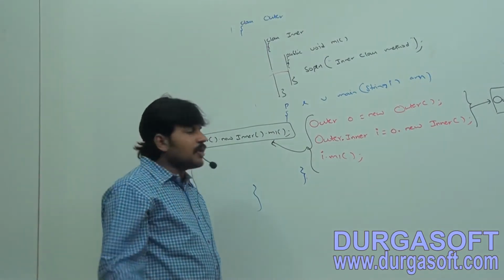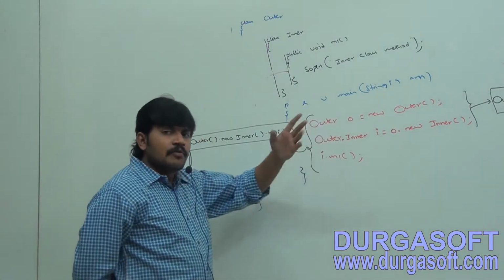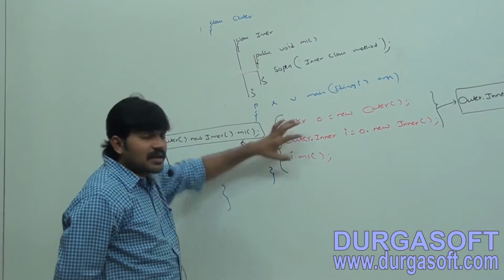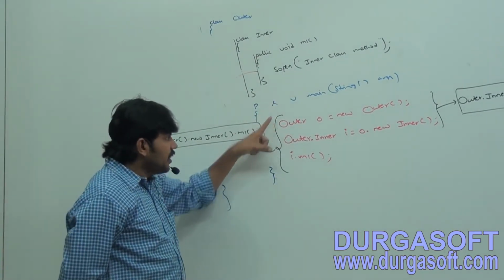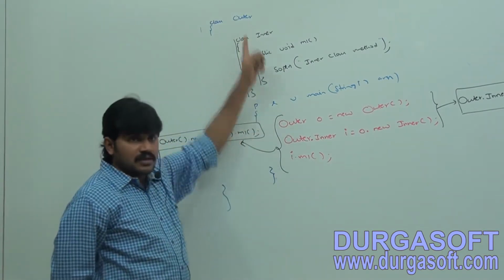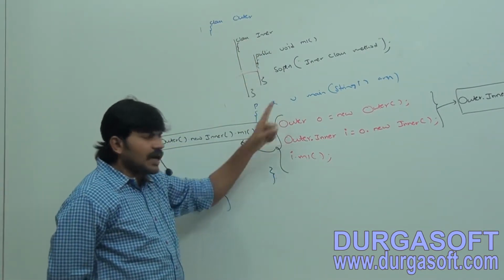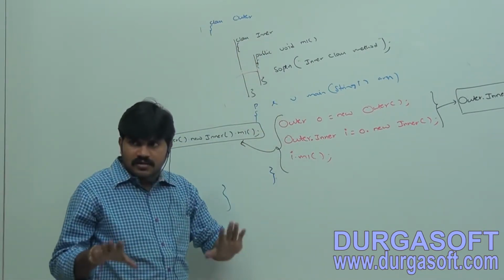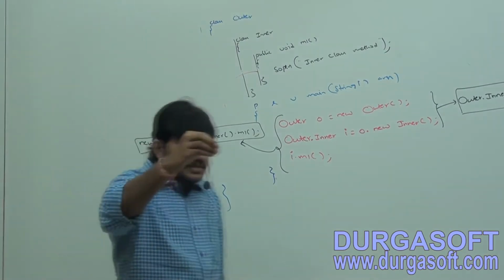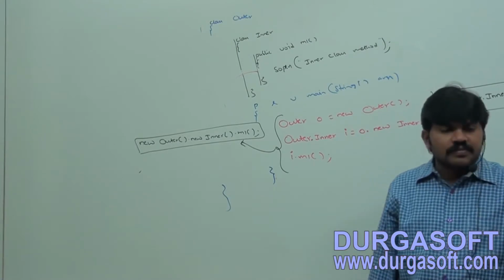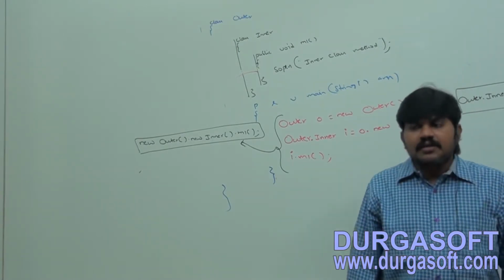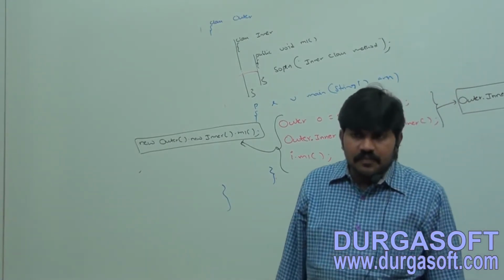Okay, but make sure a small thing you should be aware of. From where are we accessing inner class code? From the main method of outer class. Correct or not? So from the static area of outer class, how can we access? Case 1. Accessing